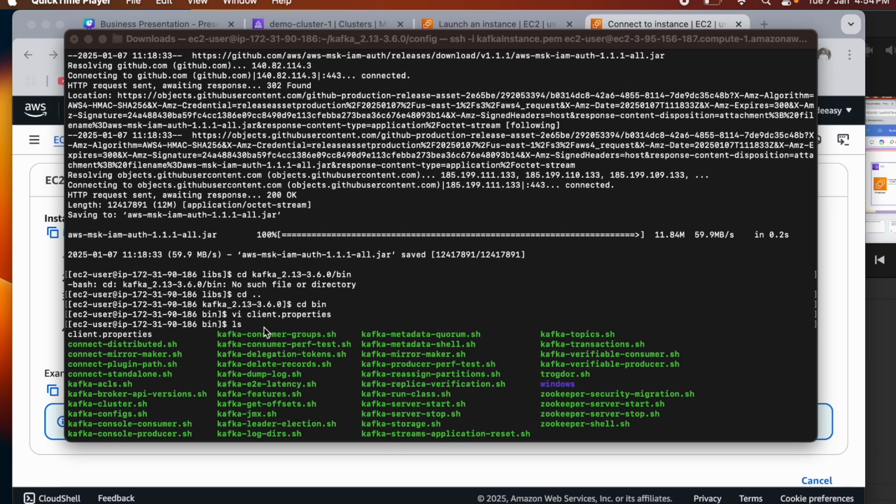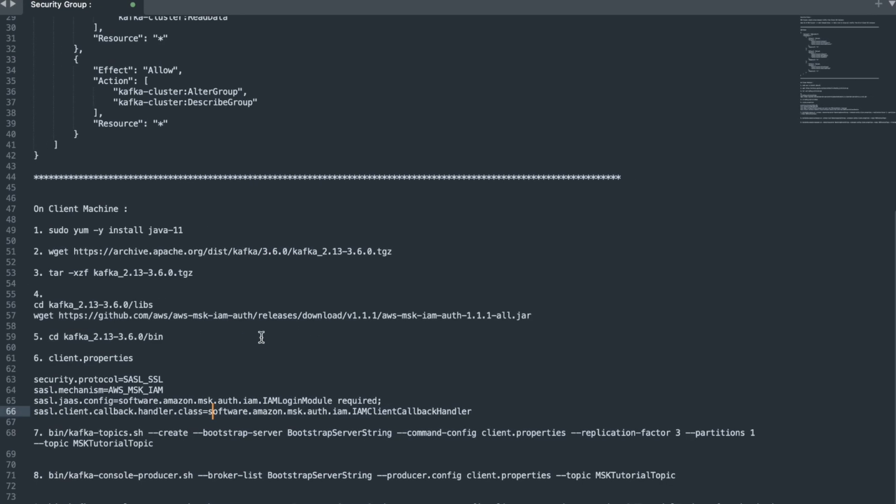Now we have completed the setup on this EC2 instance. We have installed Java, and then we have installed Kafka. After installing Kafka, we have installed a jar file to support this AWS MSK IAM authentication, and we have configured the client.properties. The next thing we need to do is create a Kafka topic. After the topic is created, we will create a producer and produce data to the topic,